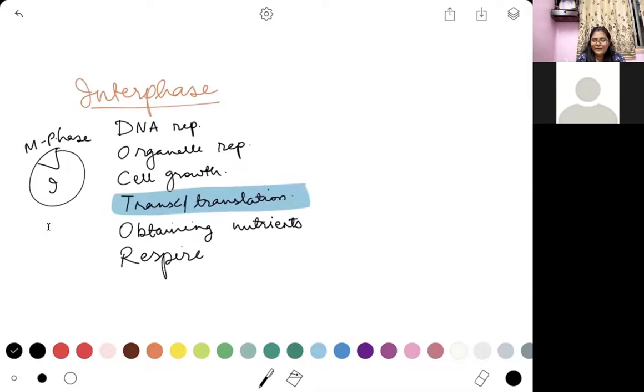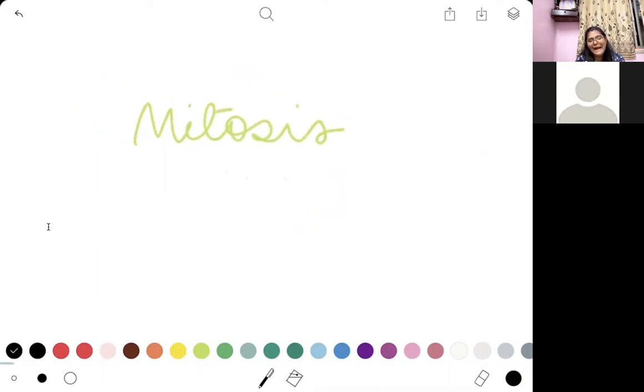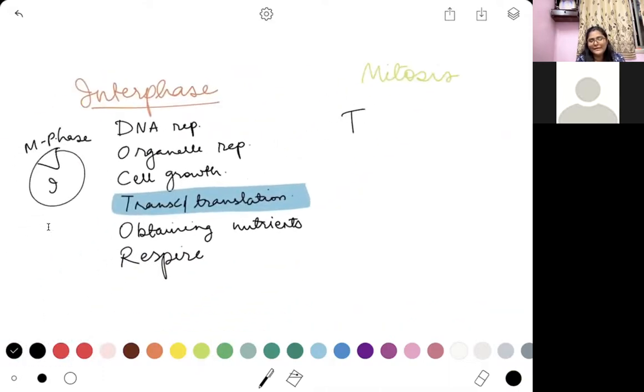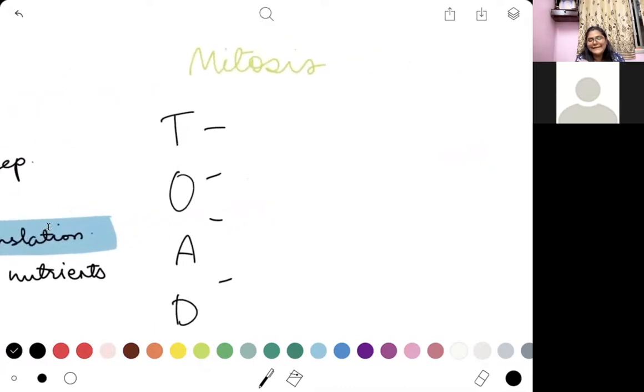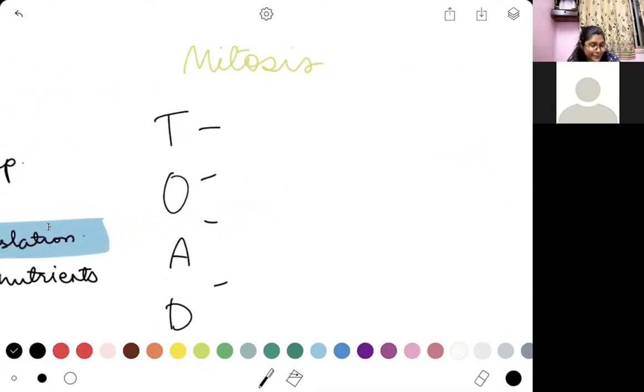What your mitosis is able to do for you, so I'm just going to write this over here: what are the benefits of undertaking the process of mitosis. Again, another mnemonic you want to remember. These are the things for which we undertake the process of mitosis. Mitosis is going to help your body undertake tissue repair. So I'm just going to write it this way: you can repair your tissues.